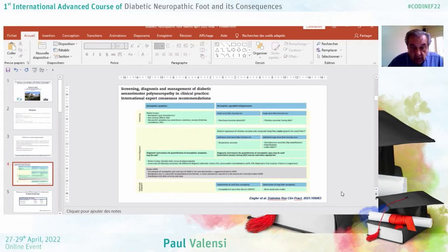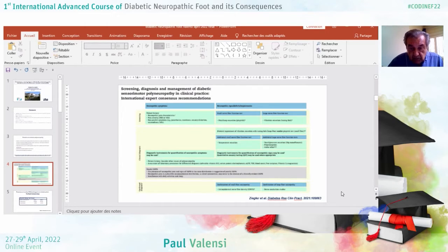We can see on the left part neuropathic symptoms and how important it is to question patients about pain, about non-painful symptoms that they may complain of. And of course, we can try and quantify these symptoms using scores. On the right part, we have deficits